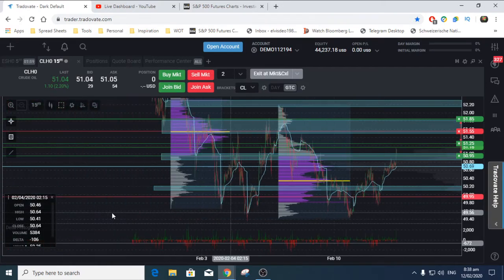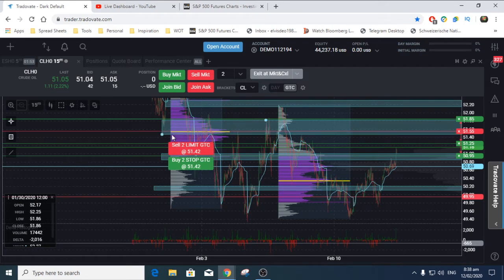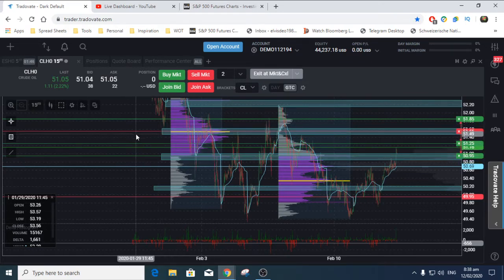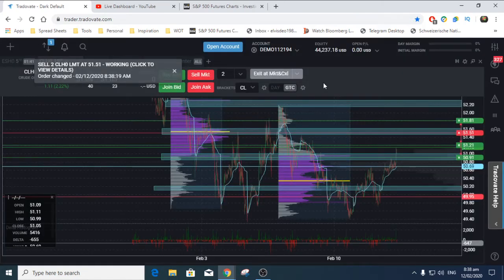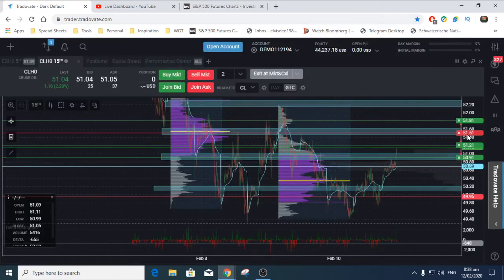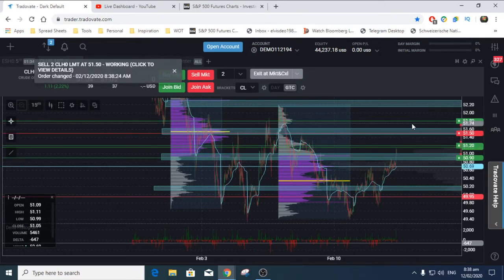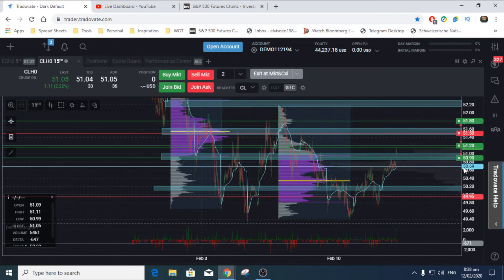So looking at this initial at 55, 50 to 80. So you want to fade 50 to 60 in the first instance. So how you can manage this is have 1 contract at 50 and 1 contract at 60. You could be averaging just to give yourself a little break into the market. You want your stops to be between maximum at 80 to 85 for this particular trade.